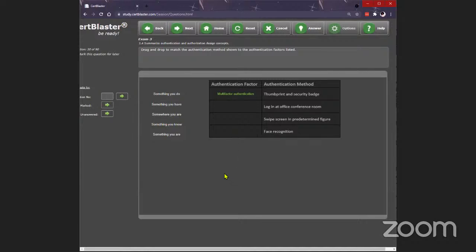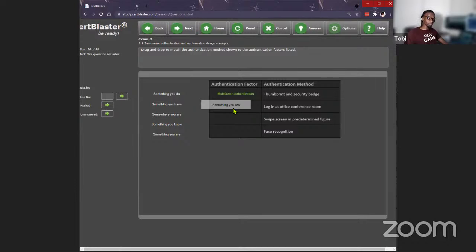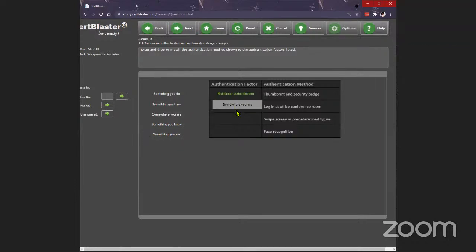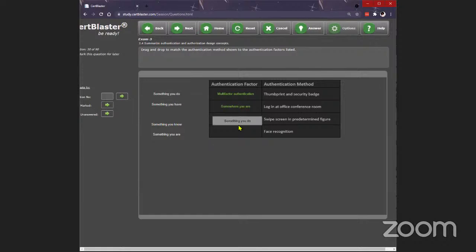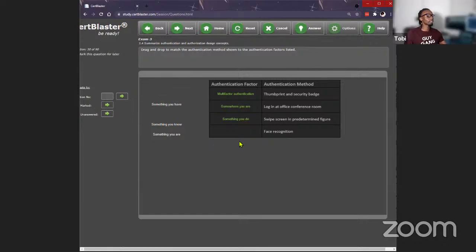Swipe screen and predetermined figure: something you do. Good job. And face recognition: something you are.